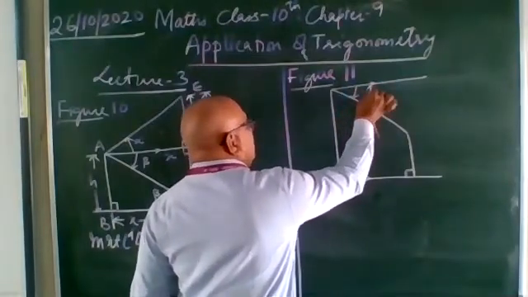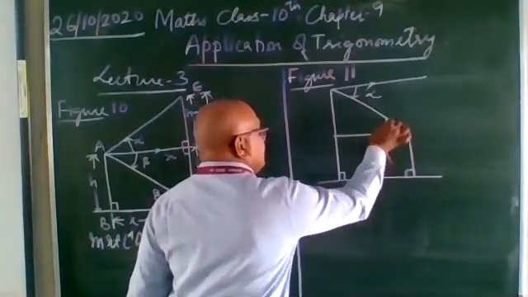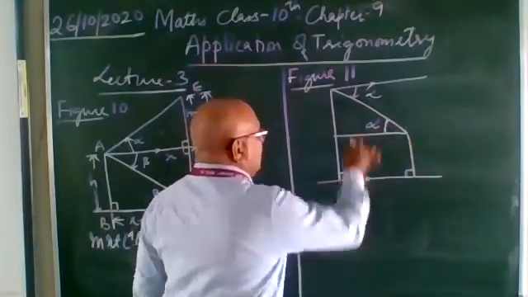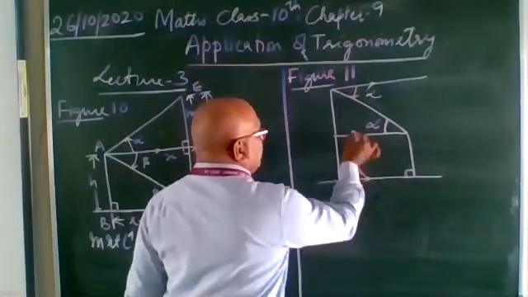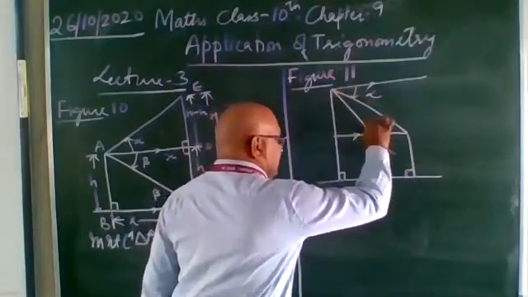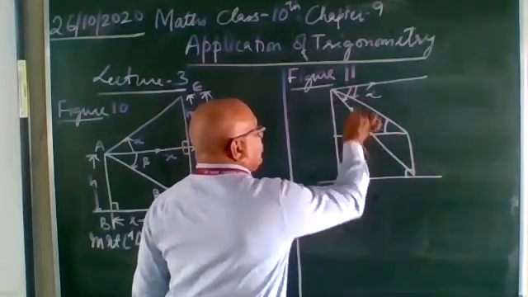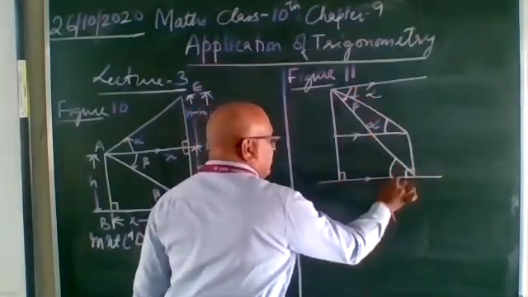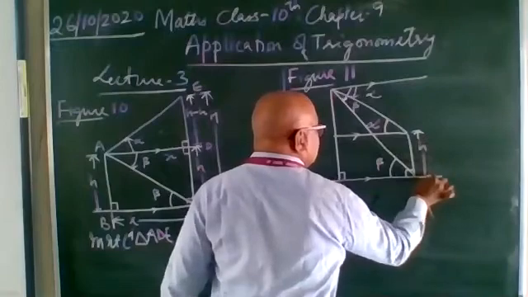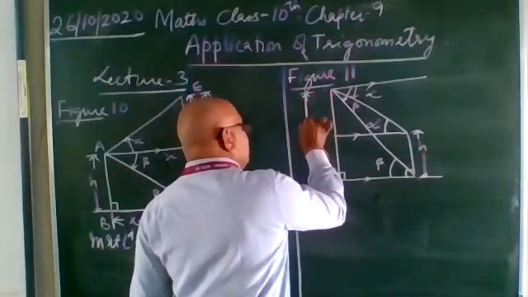This is depression. So alpha. Now if I join this, so you will get this as alpha. Now I have not made this line because this angle and this angle will be equal because this line is parallel. Now beta, that is, you will say that this is beta. So beta, this will be your beta angle. Now again this is H. Now this is capital H.